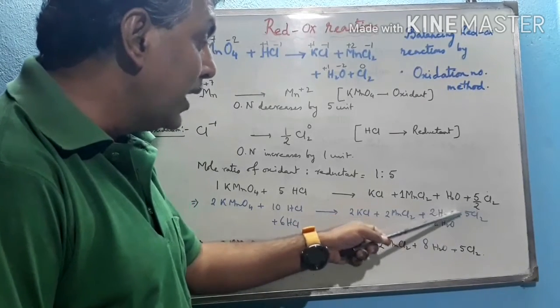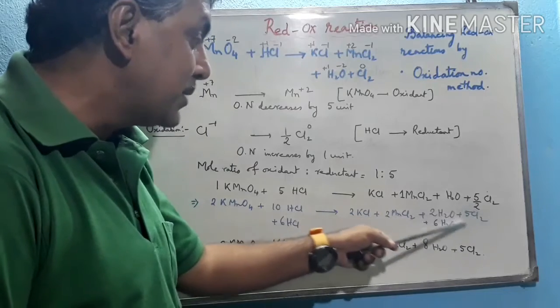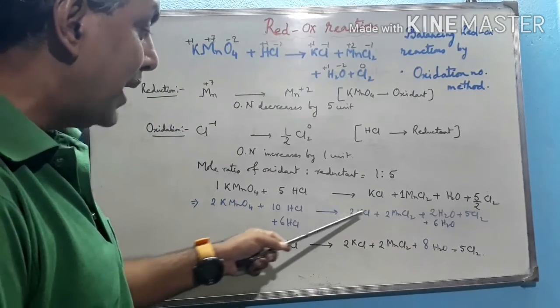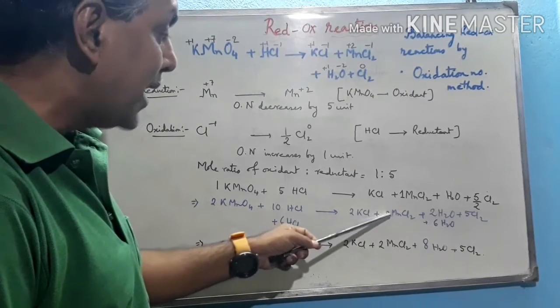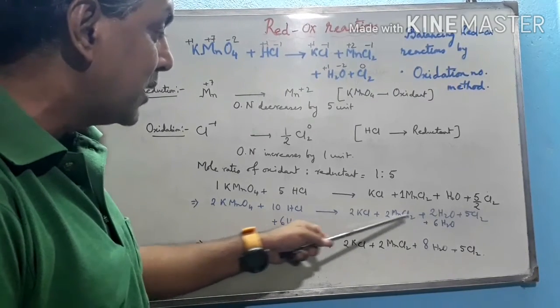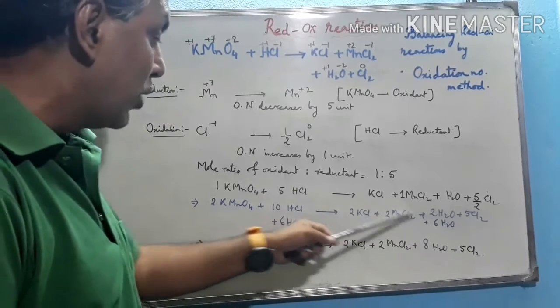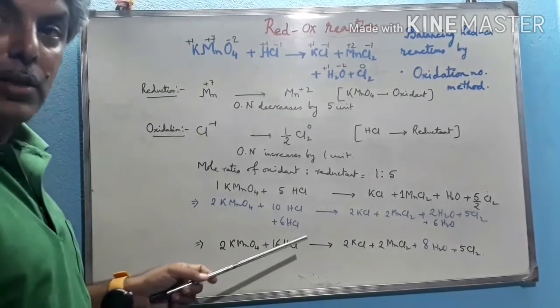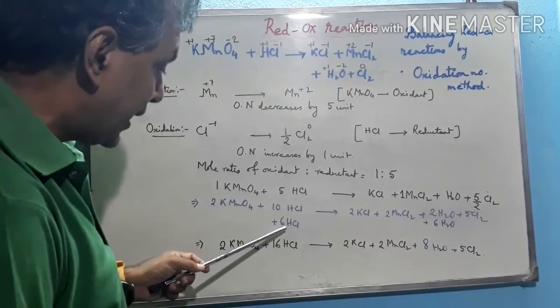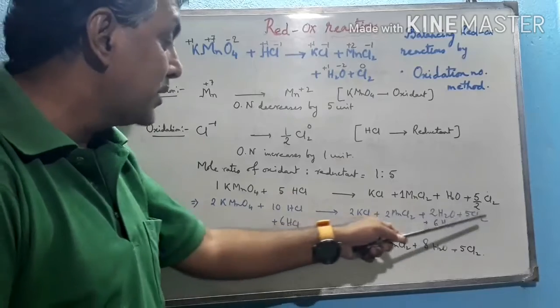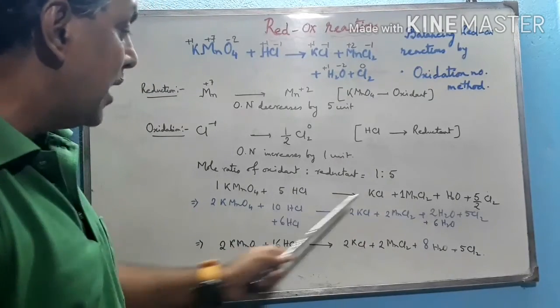Now these chlorine atoms, that means total 10 chlorine atoms at the right hand side, is balanced by 10 HCl. But here also, by balancing 2 chlorine plus 4 chlorine, total 6 chlorine atoms remain extra in the right hand side, that means in the product side. So to balance this chlorine, we have to add 6 HCl on the left hand side, that means on the reactant side. Now chlorine are balanced, total number of chlorine atoms are balanced on both the sides, potassium are balanced,